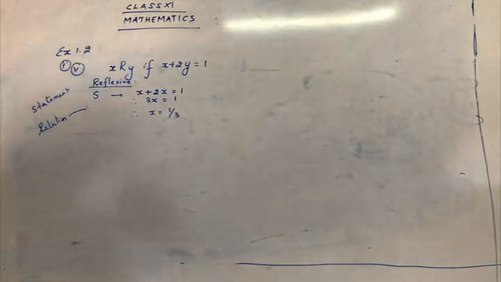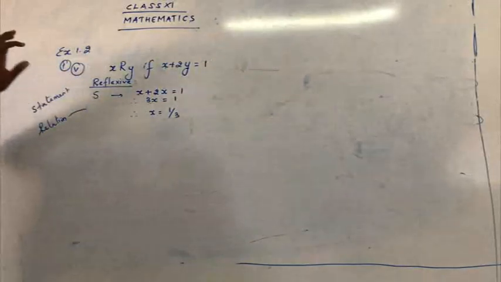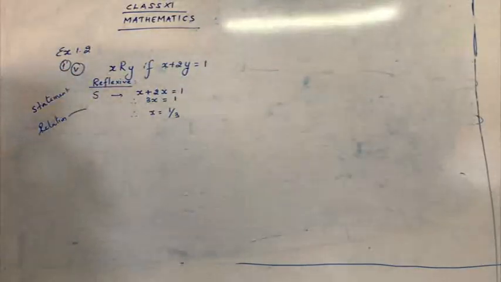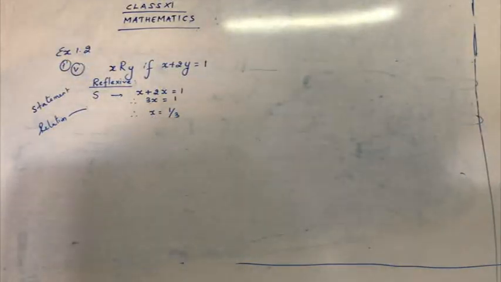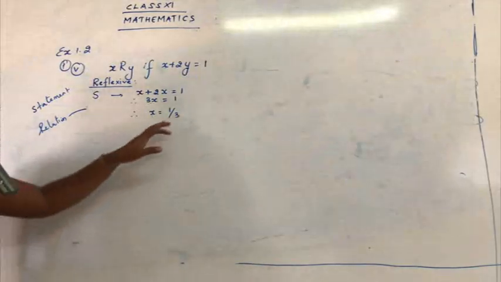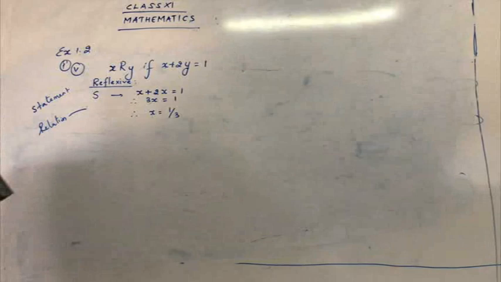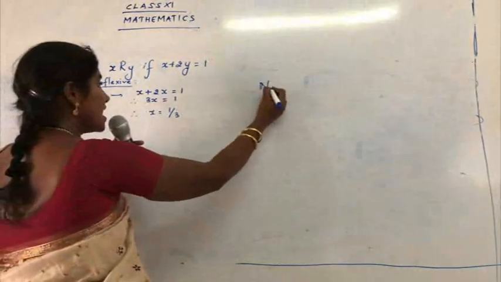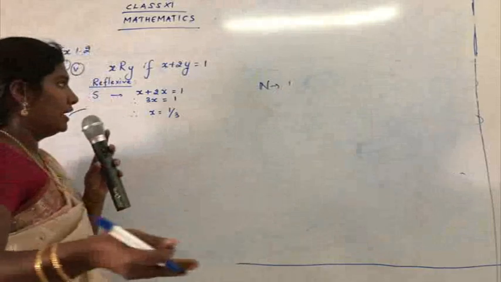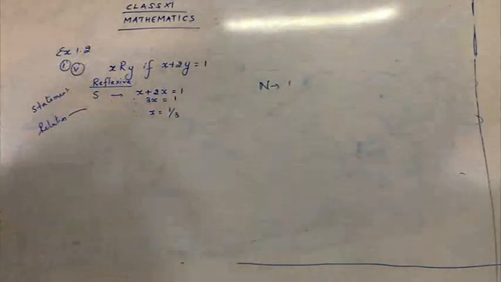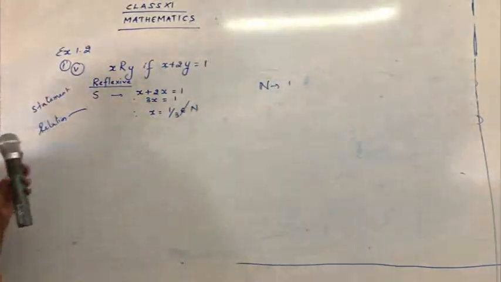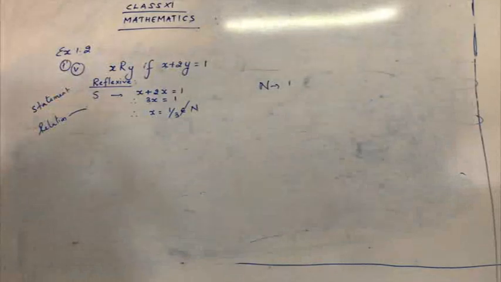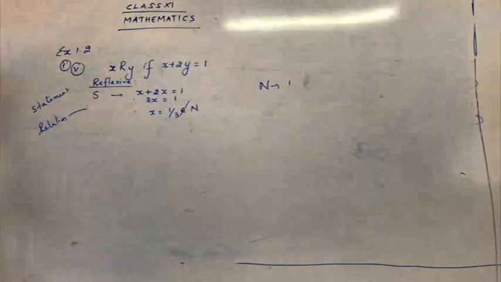Now, just read the question carefully, children. On the set of natural numbers, so we have to define the relation on the set of natural numbers. But here, I have got a number which is in the form of a fraction. That is, it is in the form of a rational number. This number is not a natural number. You know what is a natural number? Natural number starts from 1, yes, 1, 2, 3, and it goes on. But now the value for x is 1 by 3, which does not belong to N. So x is 1 by 3, which is not in the set of natural numbers.